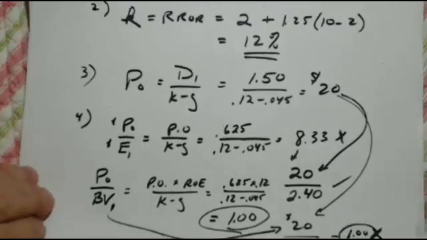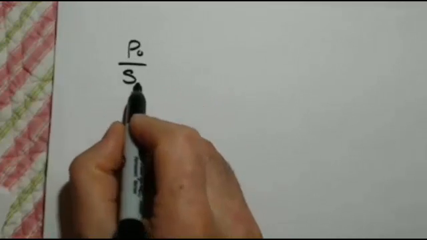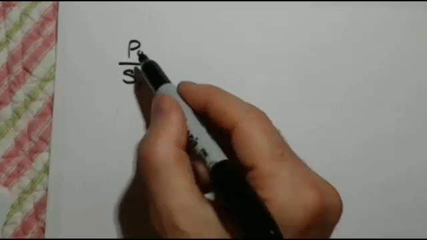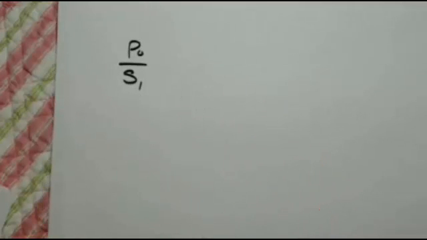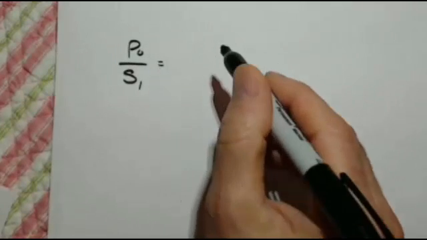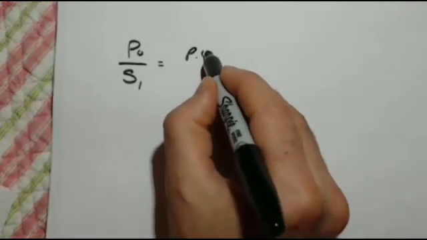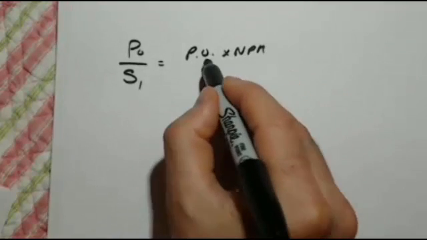Okay, got another calculation here. Next one is price, let's see, price to sales per share. And again, that's a leading price to sales per share, but nobody ever calls it leading price to sales. They just call it price to sales. And you have to figure out in the context of the problem given whether it's leading or lagging. So we know that this formula is the payout we saw before times net profit margin divided by K minus